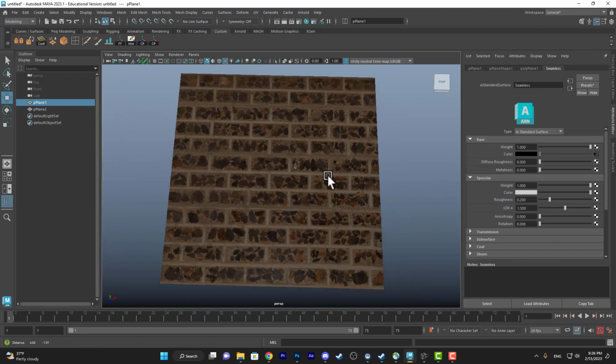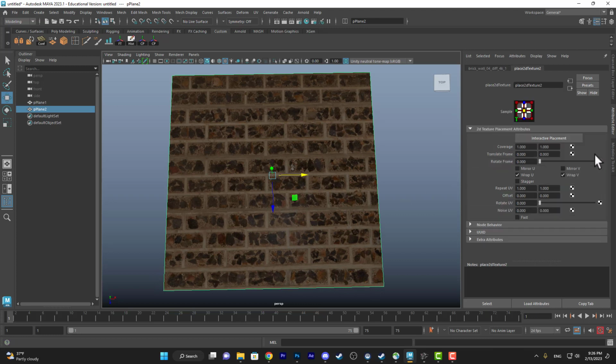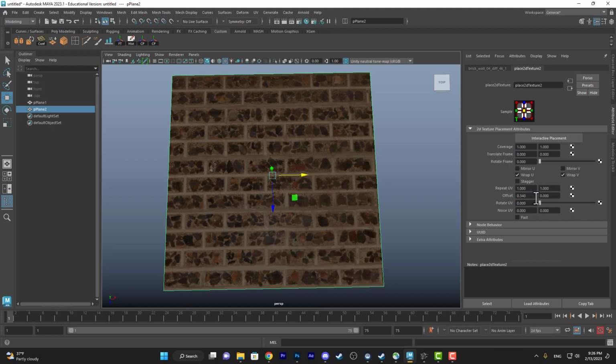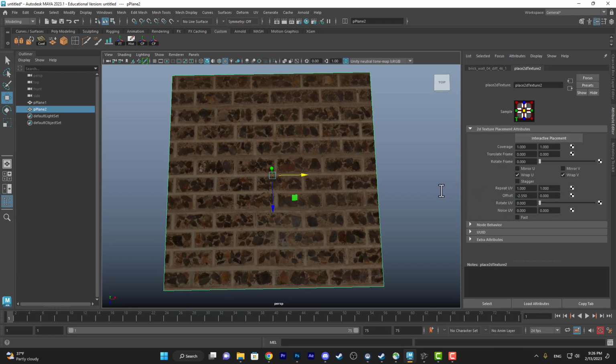For tileable textures, we use what is called seamless textures or seamless images, which means that the beginning and the end are continuing. So let me show you what that means. If I go here to the place 2D texture, and if I go into the offset, let me teach you a pro tip here. In order for you to move the numbers like a slider, instead of punching specific numbers, you click and hold Control, and then with the left mouse button you drag. Okay, so now notice how it's sliding offset,